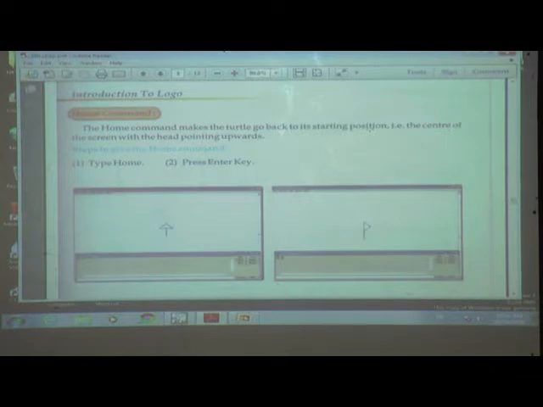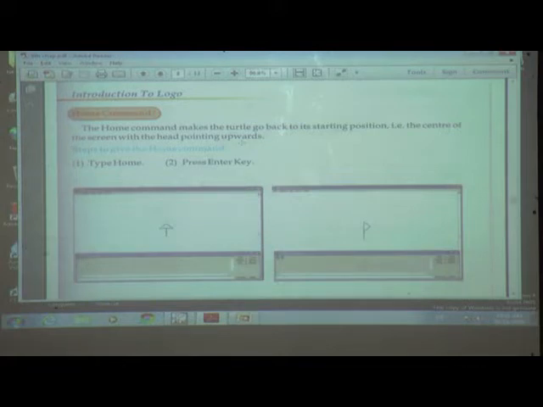When our school is over, when our tuition is over, where will we go? At home. Home is our starting and ending position. Same like that. When we press home, the turtle will go to the starting position, that is the center of the screen with the head pointing upward.